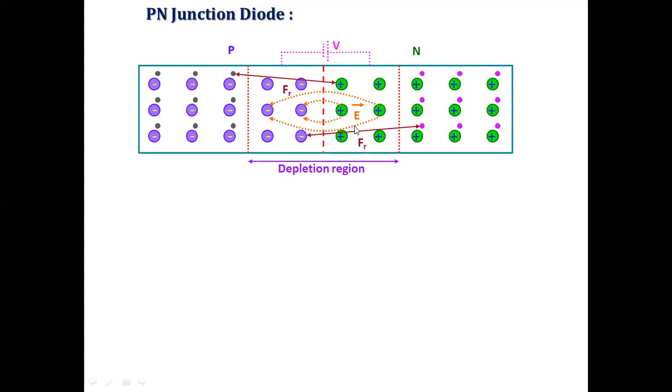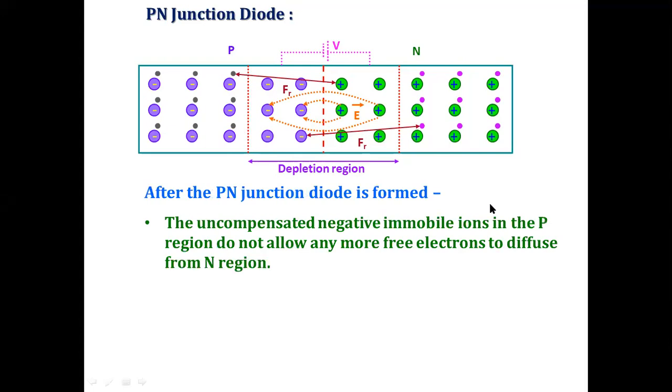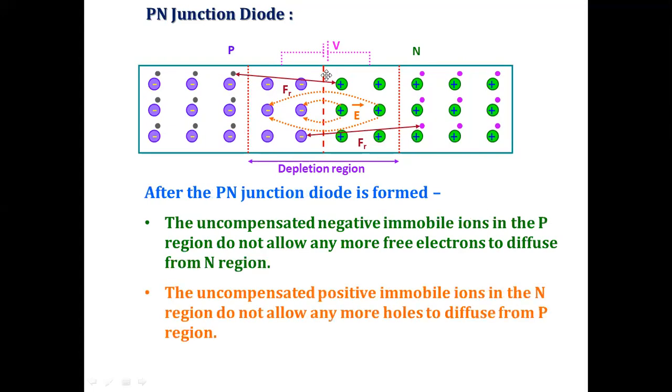So this field, whatever this dotted line indicates, is called the depletion layer. From this dotted line to this dotted line, we call it the depletion region. We also call this the potential barrier that is created. Here a reverse force is created, Fr, the reverse force, and here also the reverse force. They cannot break through this one, but it will oppose, and in the N semiconductor also it is going to produce the opposite force.